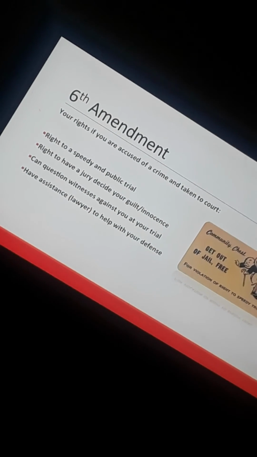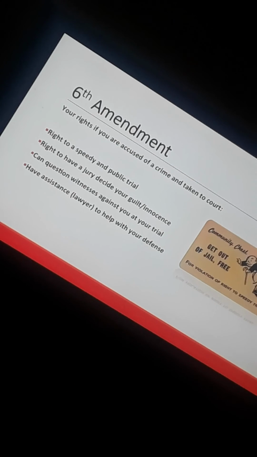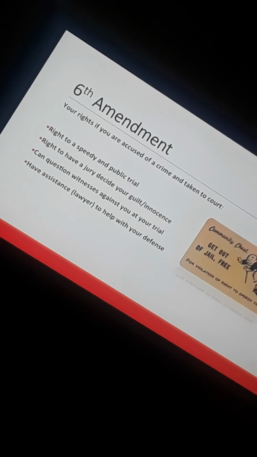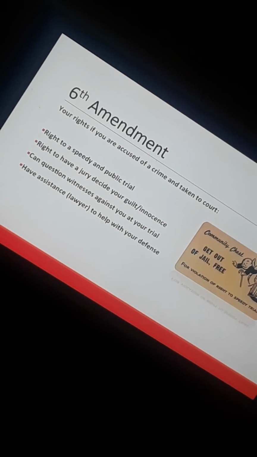And the last one is you have a right to have assistance, a lawyer, to help you with your defense. Because quite honestly, if you go to trial, if you haven't been trained in law, you're not a professional. But yet the prosecutor